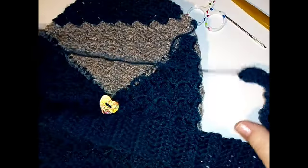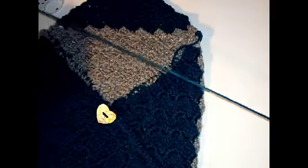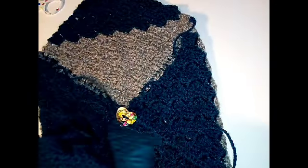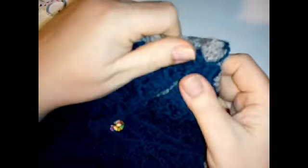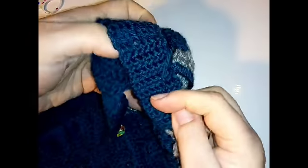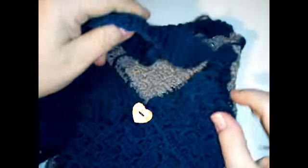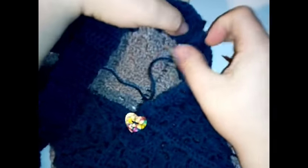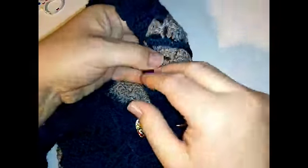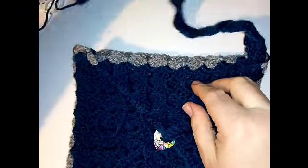So I'm going to attach the strap, and then I can do all the ends at the same time. For the strap, you've got this nice long tail that you saved on each end. Now you have a choice as to whether you sew on the outside and make a feature of it, so you can sew it sort of part front, part back. Sew it here and make a feature of it just there. Okay, or you can sew it to the inside like so,